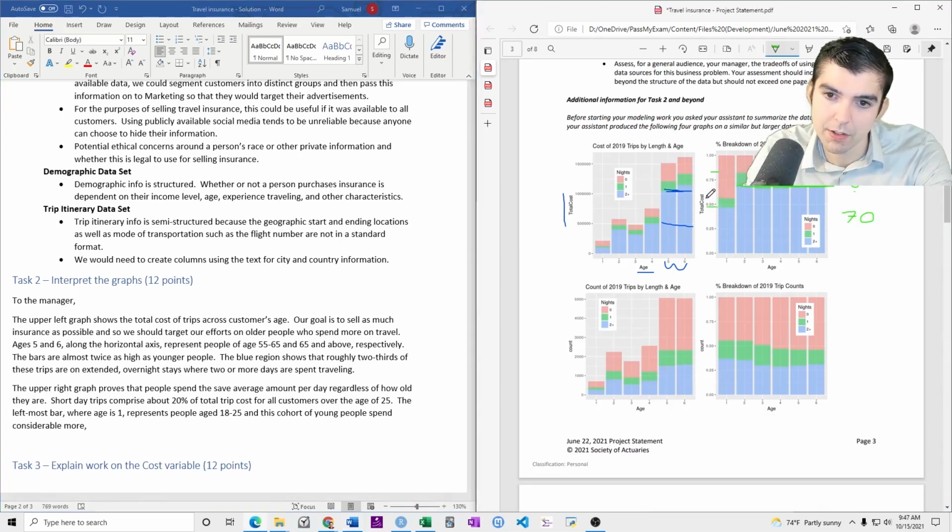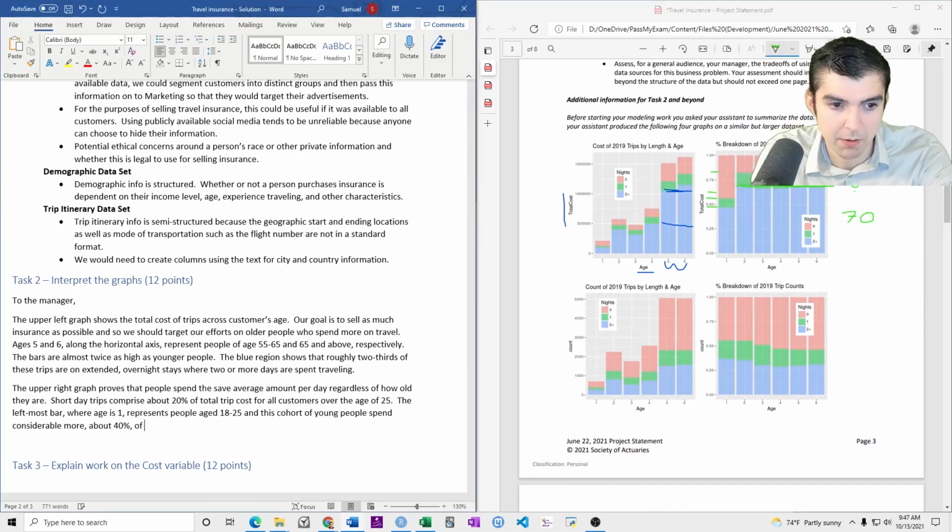So this is halfway between 55, so 67, about 60%. So the red region is about 40% of costs on 1-day trips, as shown in the pink region.